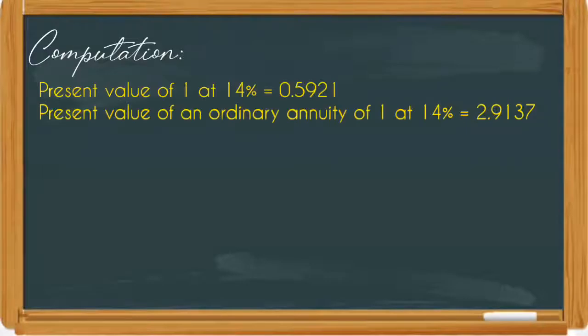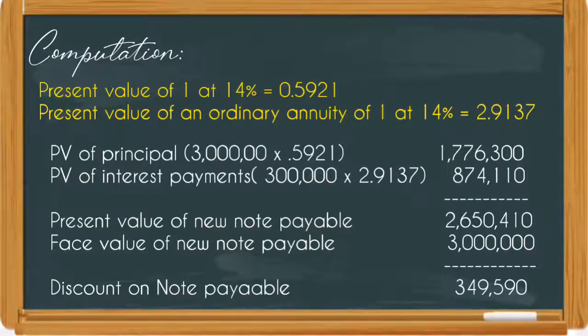Here is the computation. The present value of 1 at 14% is equal to 0.5921. And the present value of an ordinary annuity of 1 at 14% is equal to 2.9137. The present value is at 4 periods. For the present value of principal, 3 million, which is the face amount of the new liability, times 0.5921, because PV of 1 is used since it is paid in one lump sum. So, equals to